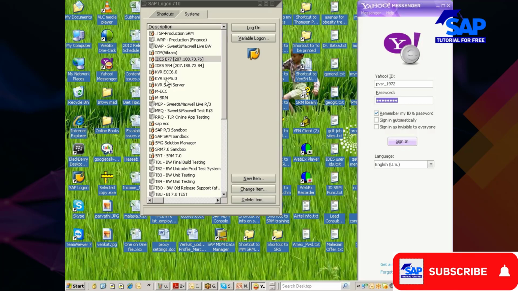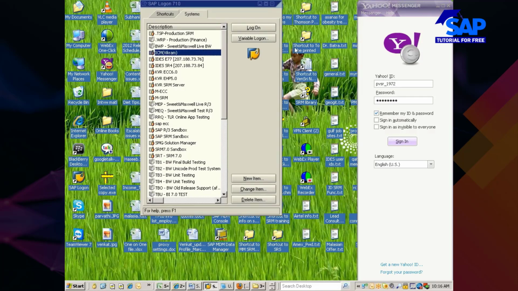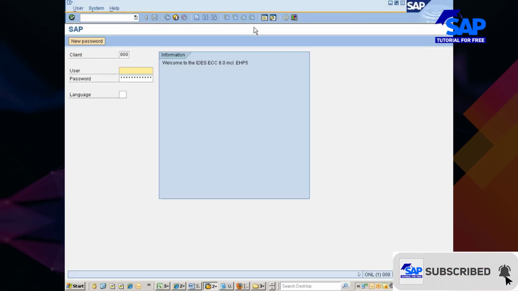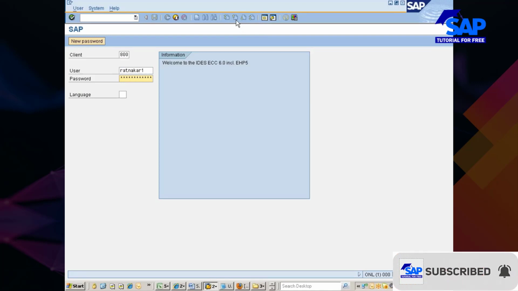Similarly, for the data that I enter from the SAP logon pad, you see here this is my server. If I go with the logon, like whatever you see in the Yahoo Messenger, here also you would see a logon screen. Some screen is allowing me to add this user ID and password.